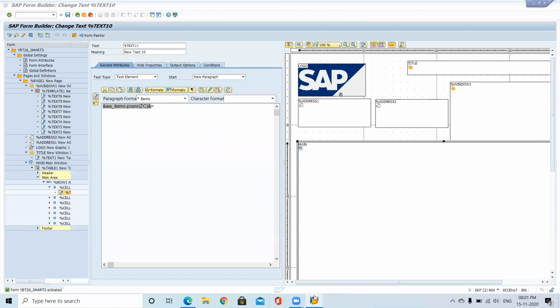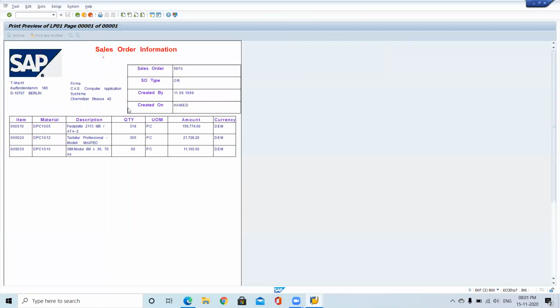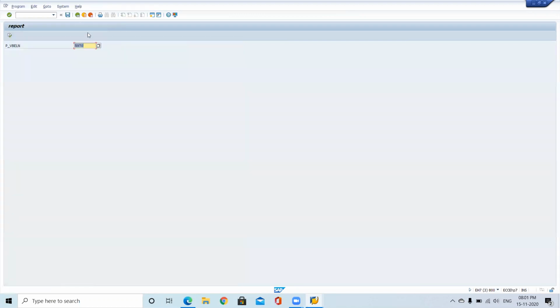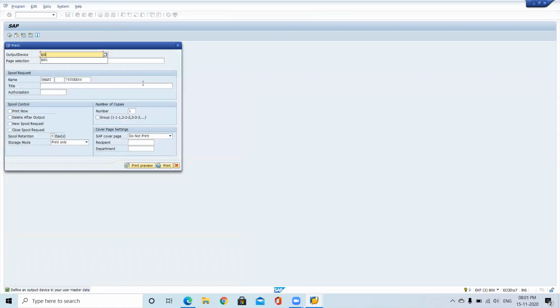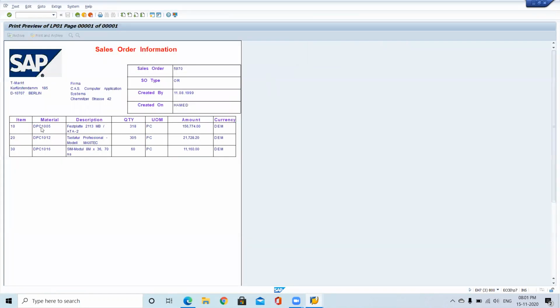Once I execute this program, presently we are having leading zeros and it is printing 10 here. Now I don't want these leading zeros. I want to print 10 here itself. So go back, execute. So now it is printing 10, 20, 30. So likewise, you can use formatting commands.